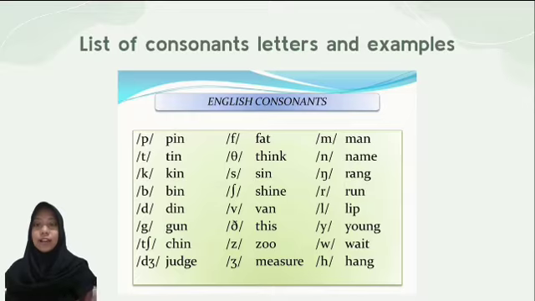Next, list of consonant letters and examples. Here are the 24 consonant sounds with examples. P as in pin, T as in tin, K as in kin, B as in bin, D as in din, G as in gun, Ch as in chin, J as in judge, F as in fat, Th as in thing,